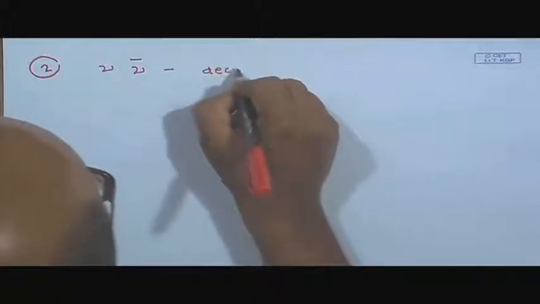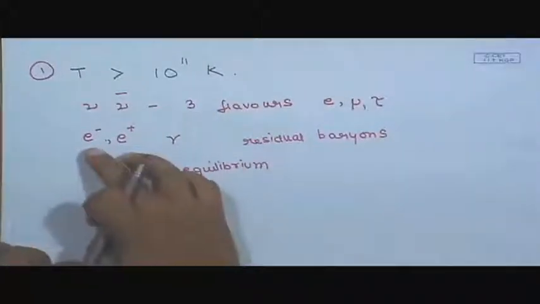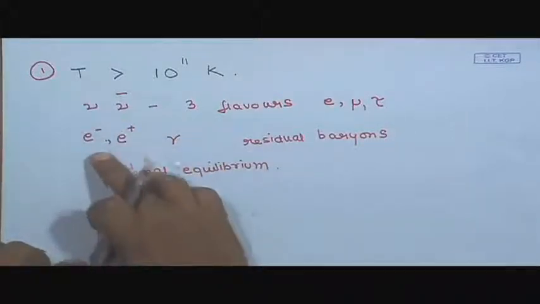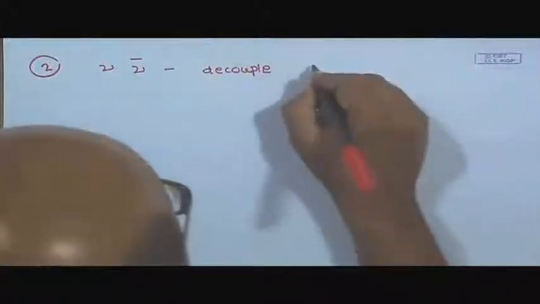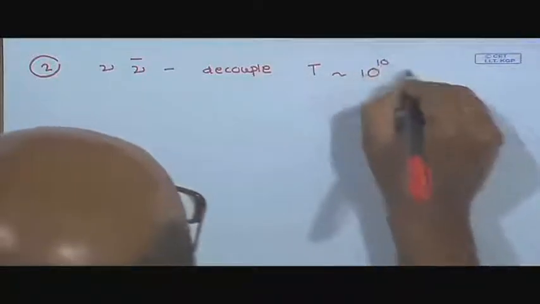So, nu and nu bar decouple from the rest of the material. They stop interacting with the rest. These are weakly interacting particles, and they stop interacting with the rest of the particles at a temperature T of around 10^10 Kelvin,